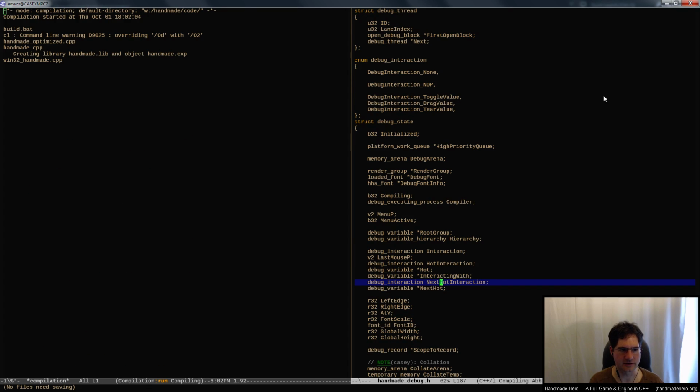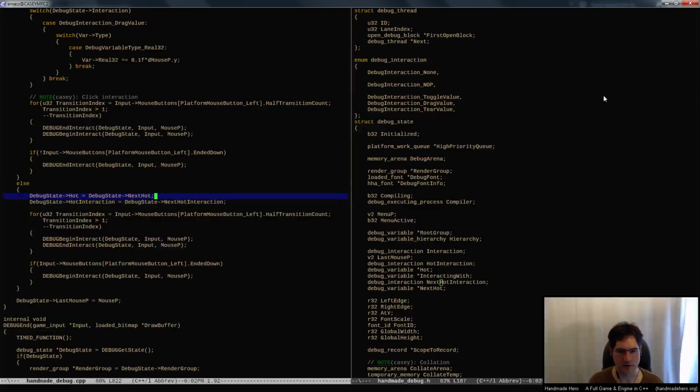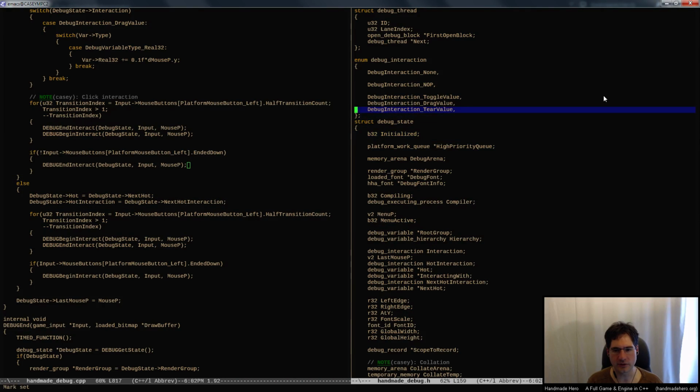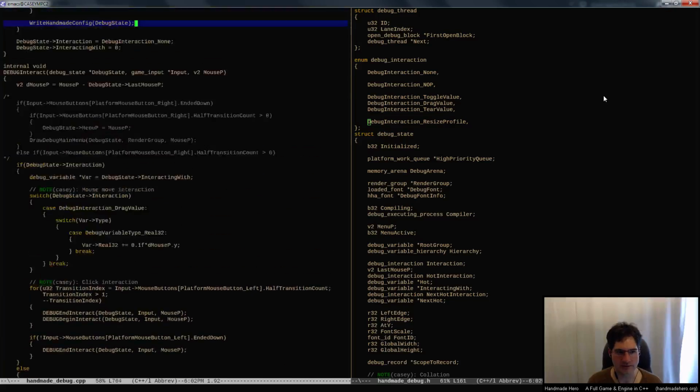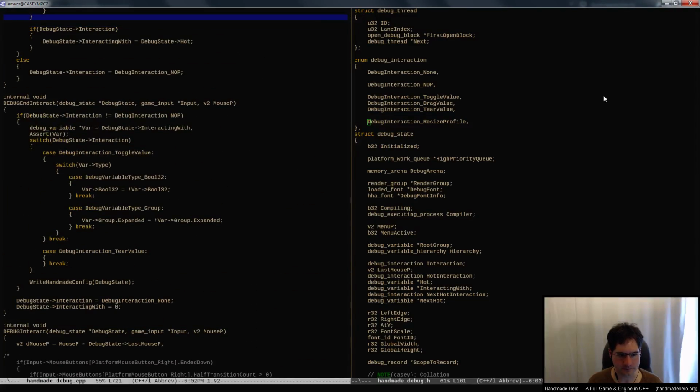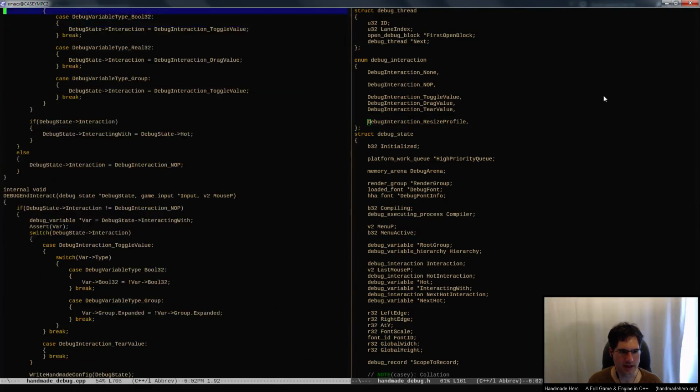And hopefully you can kind of see where this is going. I assume that you can. So if I want to, I can just say debug interaction resize profile for now. I don't want to get too far ahead here. So I'll just say, okay, we're going to do a thing where we can resize the profile. And so what happens is when we're interacting with this thing,